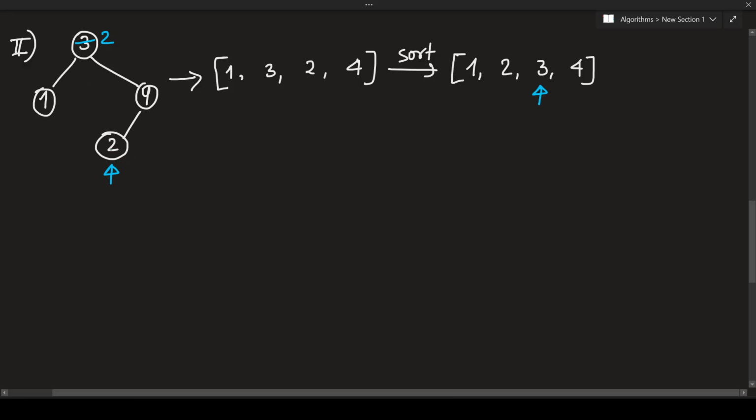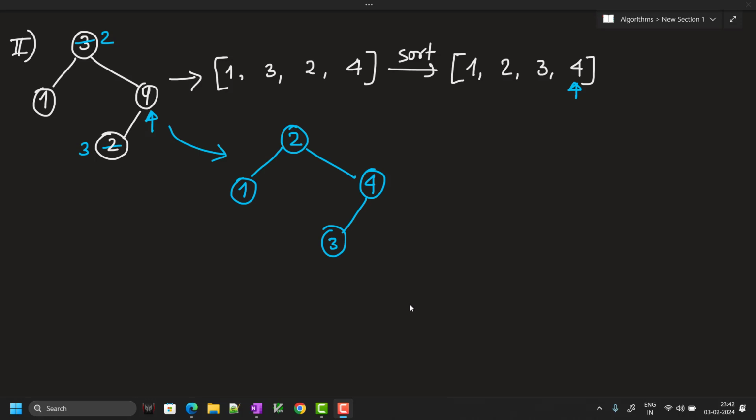Again, it's not matching, so we're going to change it from 2 to 3 and move to the next node. Now for this node, its corresponding value is matching with the node's value, so we are good to go. So our final BST will be,